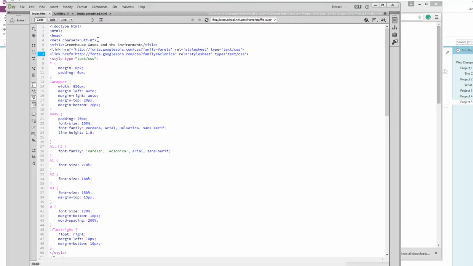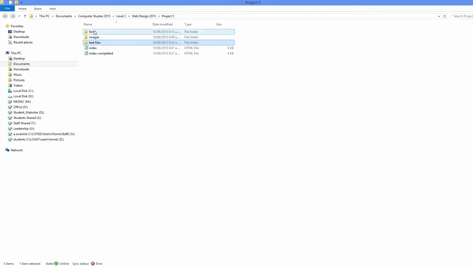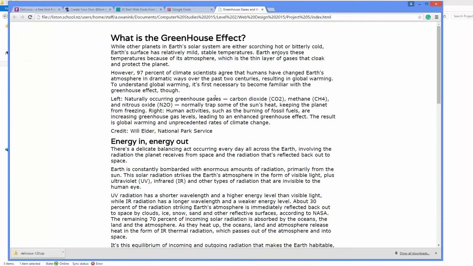So a way around that is to use fonts which are downloaded and are part of your site. So that's why here you might see we've created a folder called fonts, and if I go inside this, for me, I've actually got some fonts in here already. So how did I get those? Well, we're going to head back to the internet for a moment,